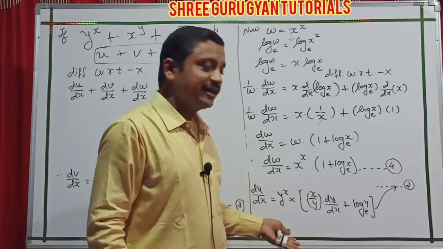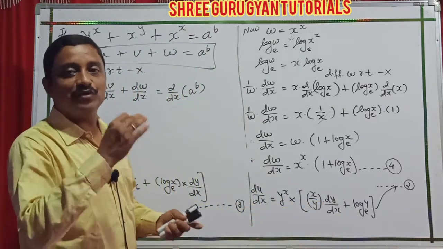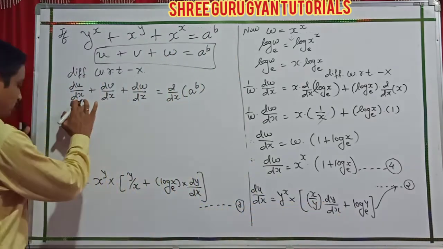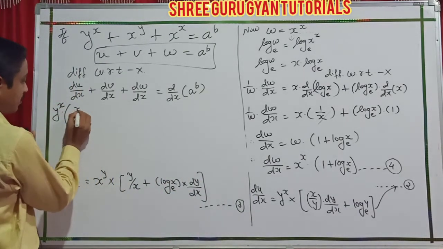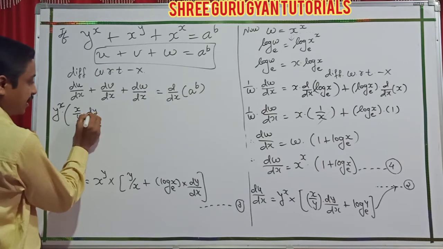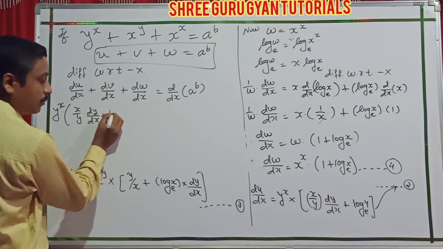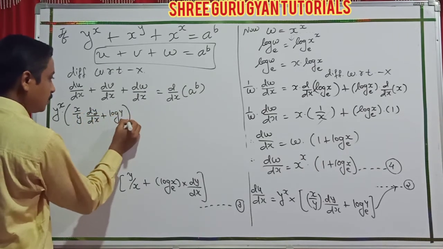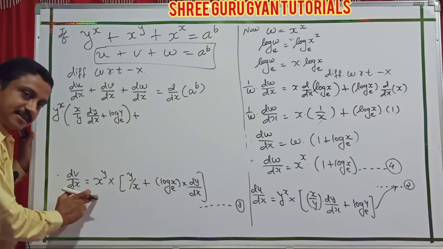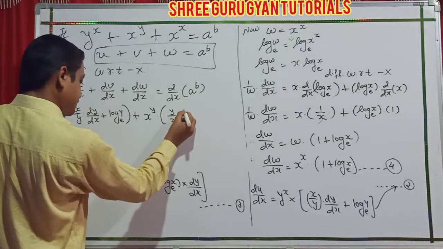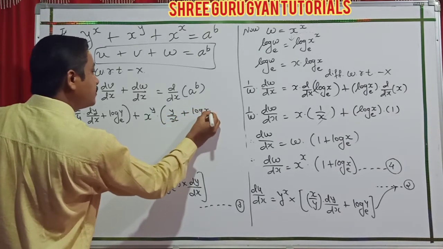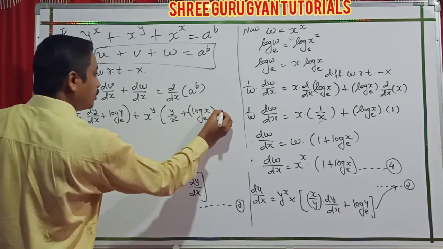I already kept that in rough, the total values are applied. So what is du by dx? Y raised to x, x by y into dy by dx plus y raised to x log y base e. And dv by dx is this, x raised to y, y by x plus log x base e into dy by dx,